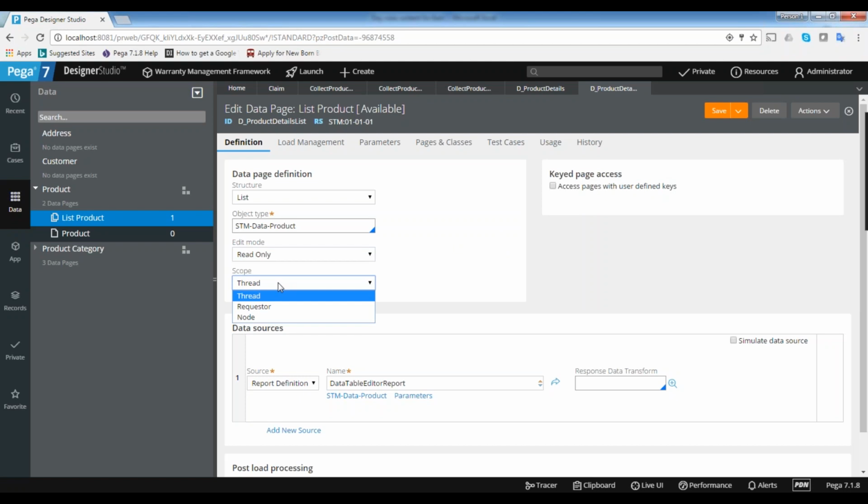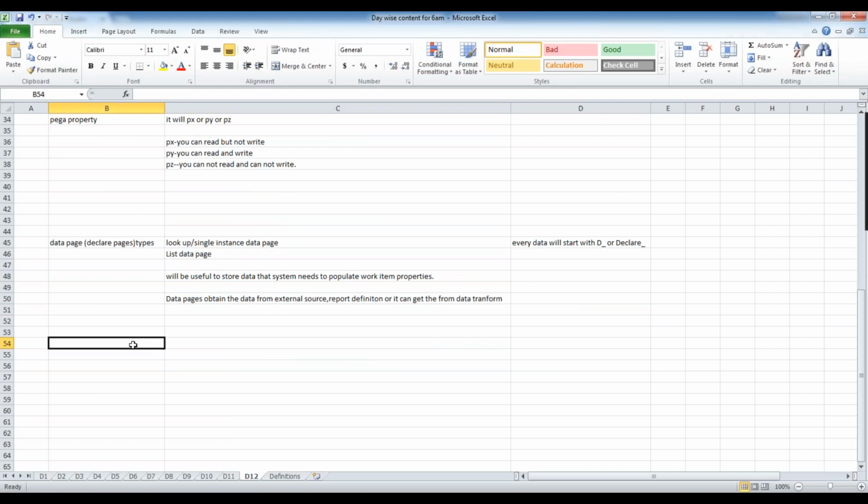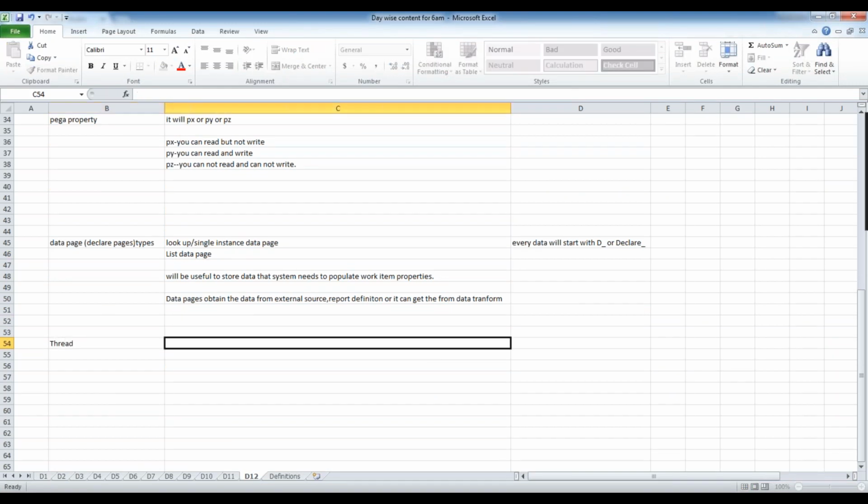If you select the thread scope, the meaning is that this database will be maintained for each and every work object. This is very important, and most of the interviews definitely have this question.